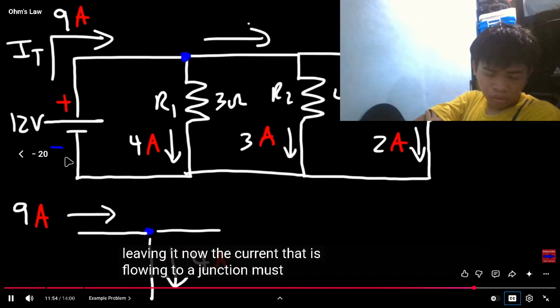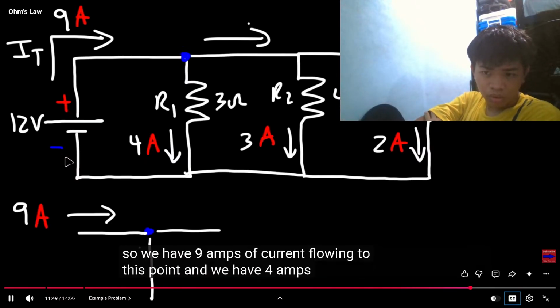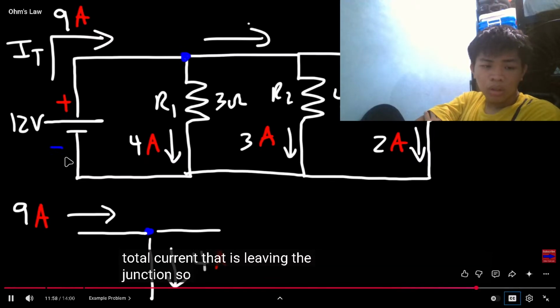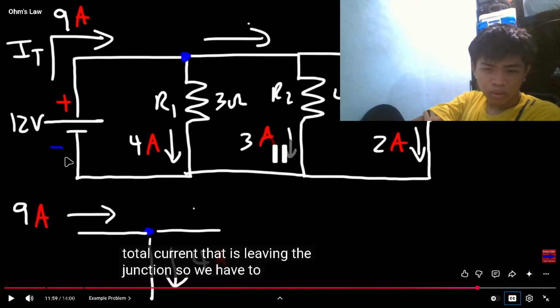5 amps because 5 to a junction to this point, and we have 4 amps that's leaving it. Now the current that is flowing to a junction must equal the total current that is leaving a junction. So we have to... So, diba,